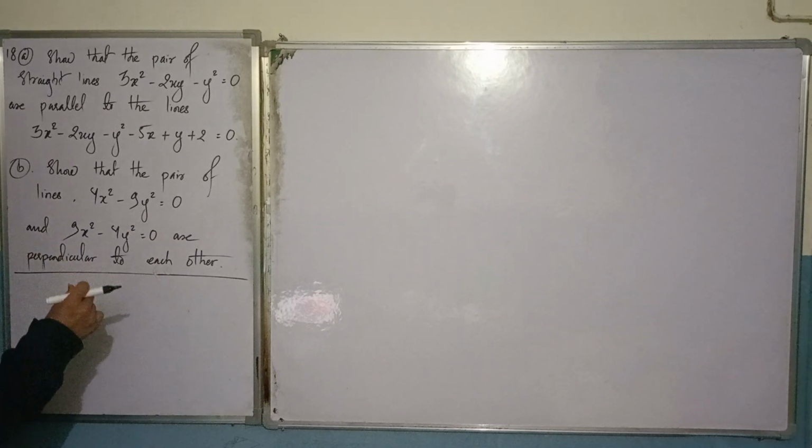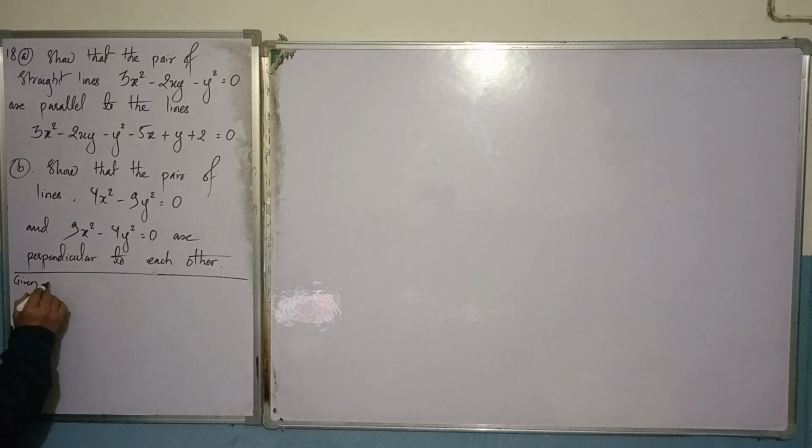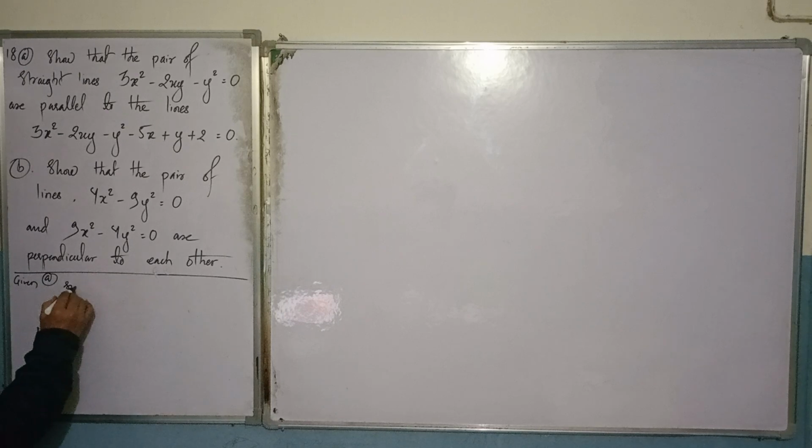So since the slopes are equal, you just equate the corresponding slopes. If the corresponding slopes are equal, then it will be proved that the lines are parallel to each other. So first, given an equation, this is 18a. Okay, so given a single equation,